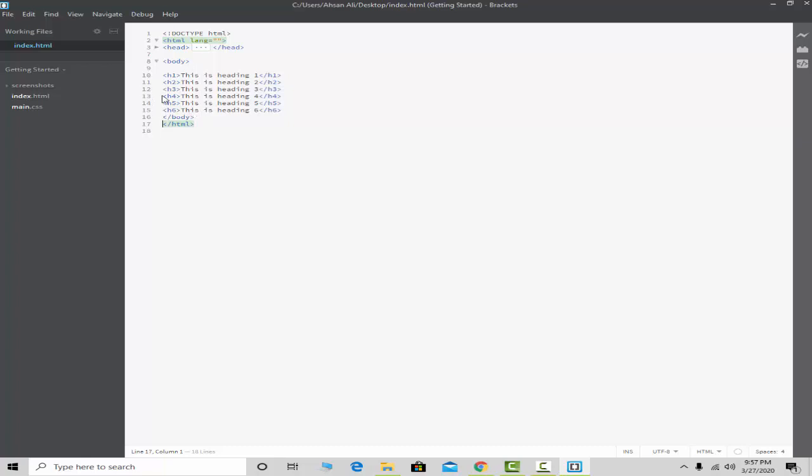So inside this HTML tag we have the head tag and the body tag, and inside the body we have 6 tags, from h1 to h6. These are also called elements. Elements or tags are the same thing, don't get confused about it. Okay, so when we insert a break tag, when we